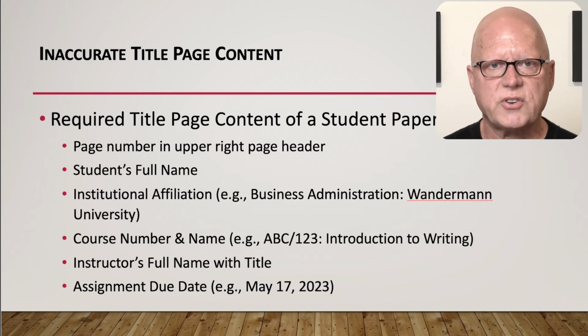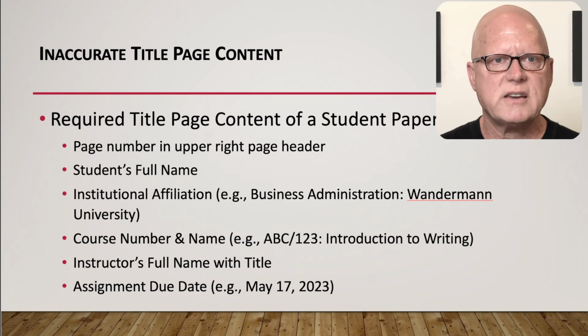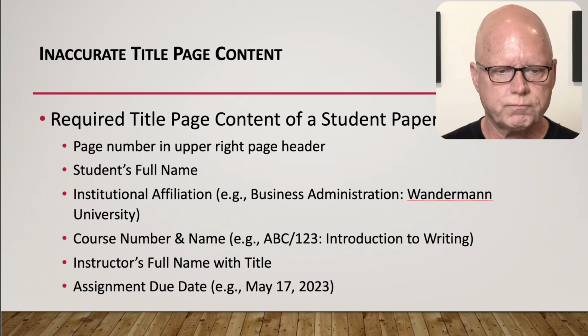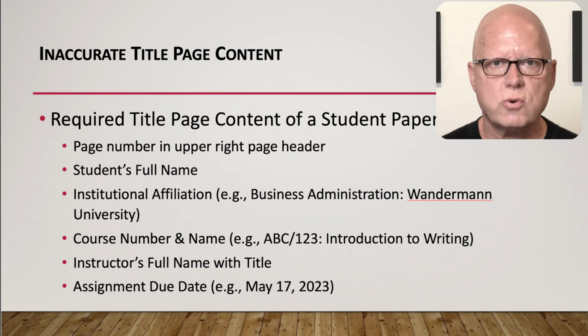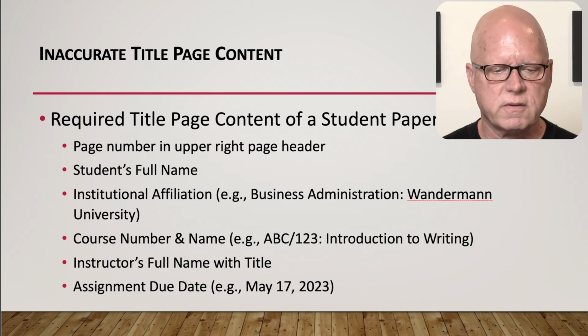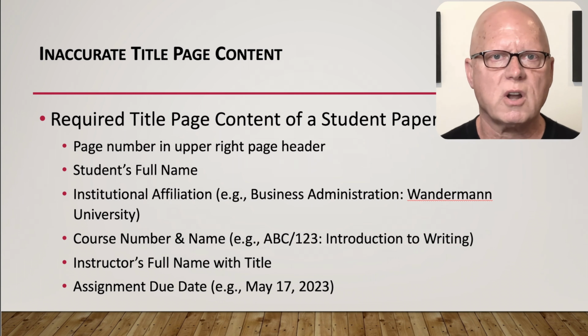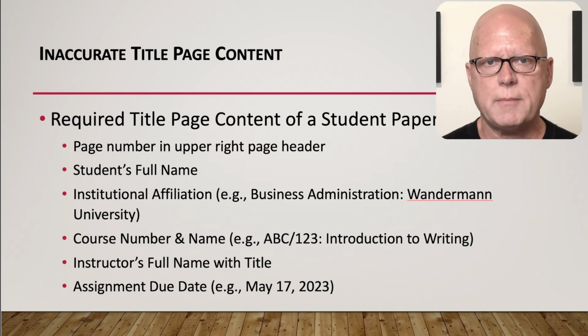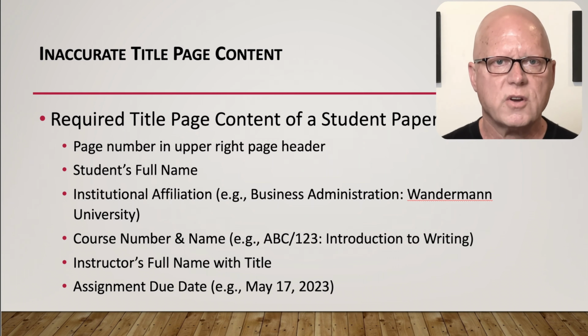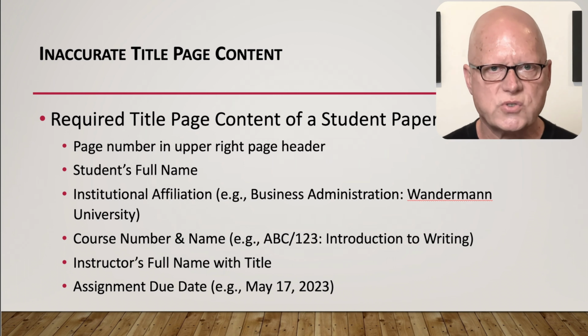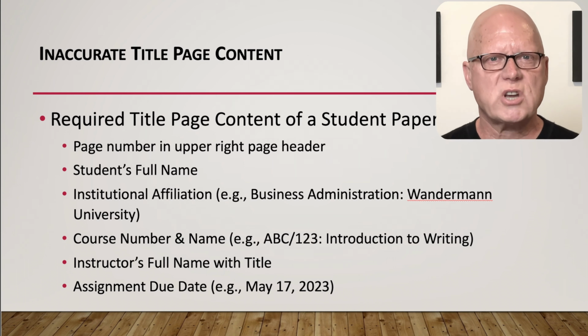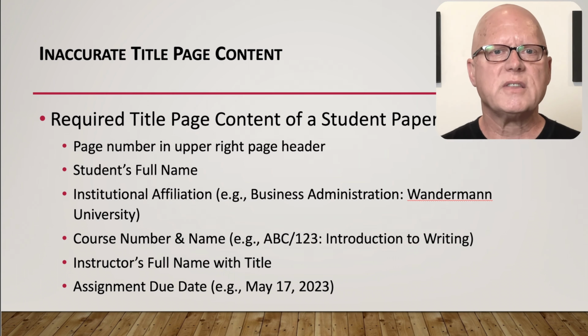An APA-style title page has a set format. The page number is required in the upper right corner of the page, up in the page header. The student's full name is required. The student's institutional affiliation, such as the academic department and the university name, the course number and the full name, the instructor's full name, usually with the instructor's title, and the assignment's due